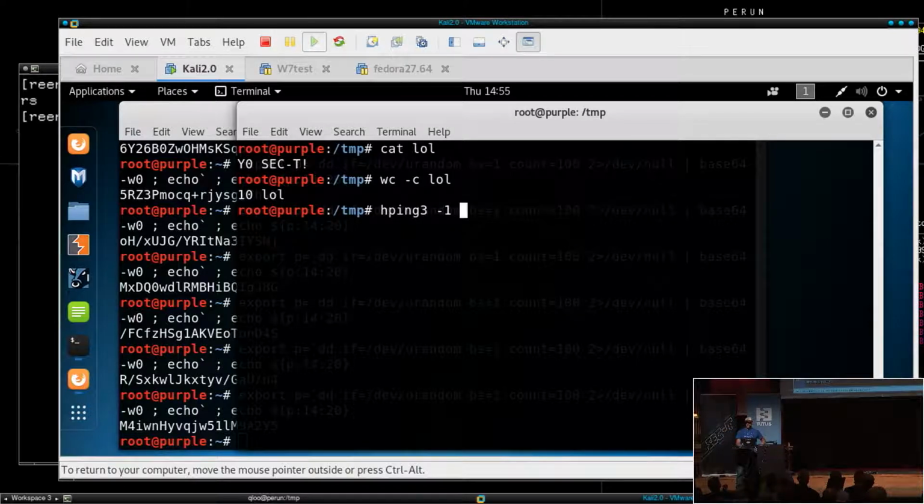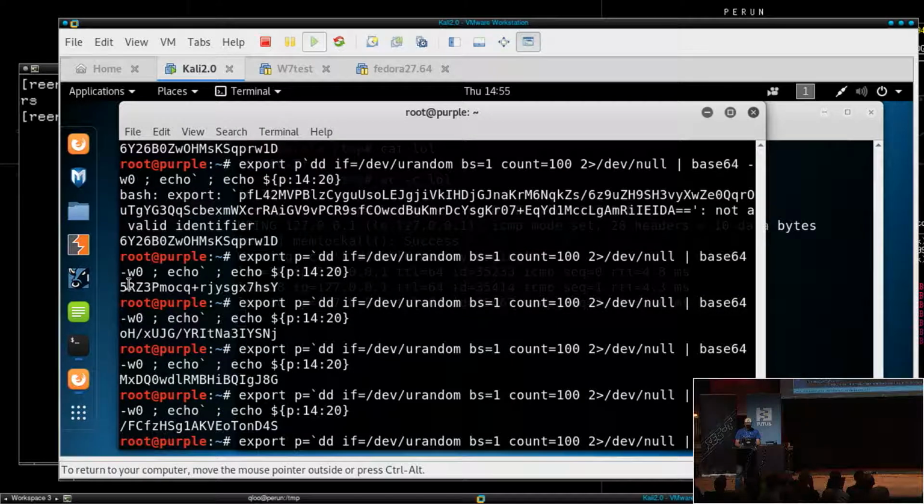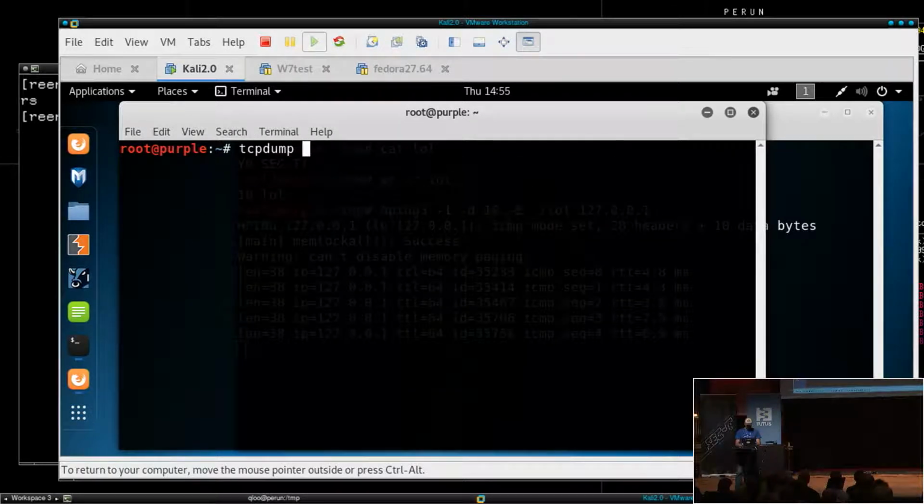First, I want to generate local ICMP traffic. hping has a very nice feature which allows you to specify the payload for the ICMP packets. You have to specify the length of the payload and the data which is in the file. If you want to see that, we need to sniff it.